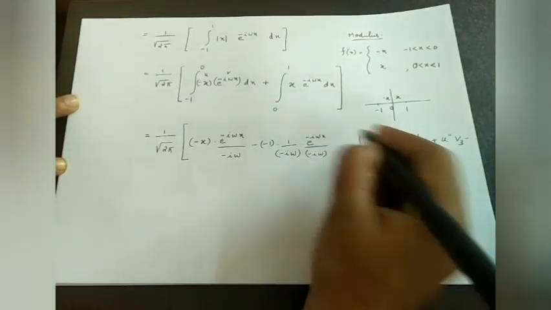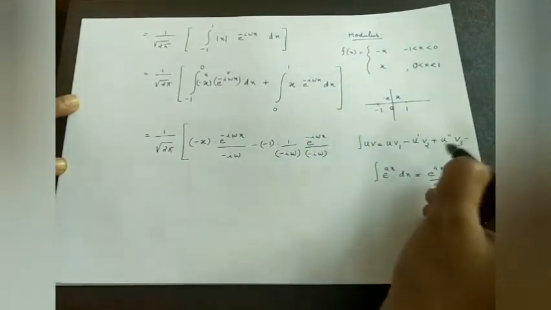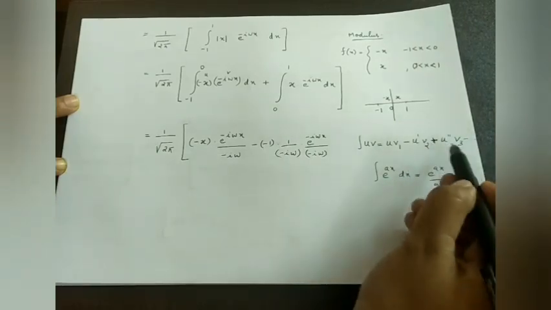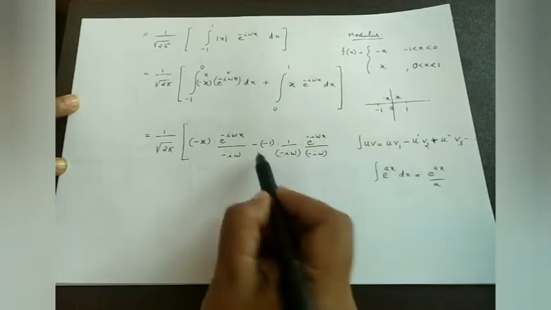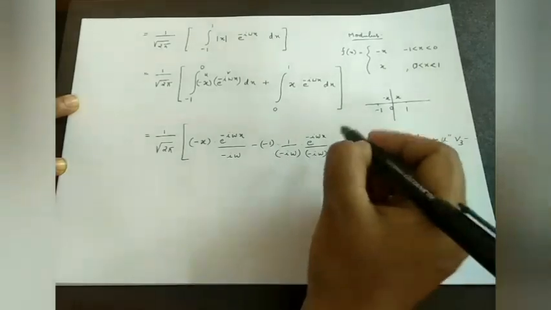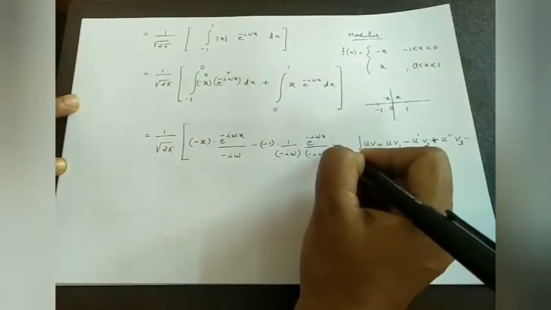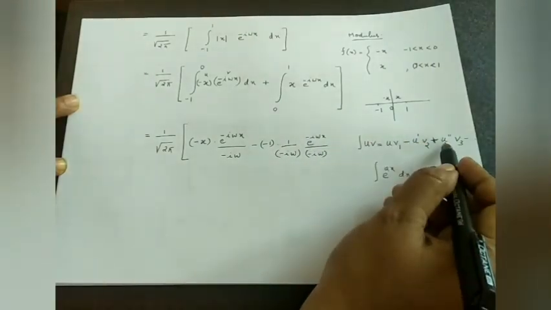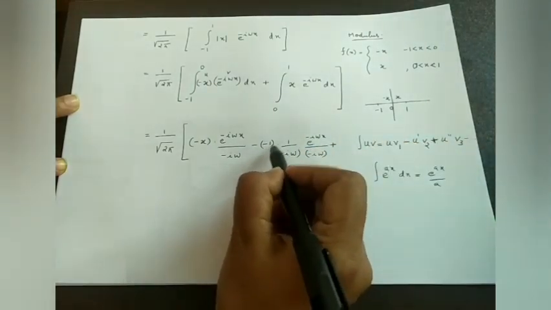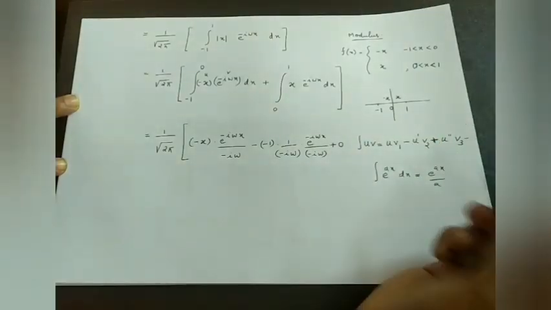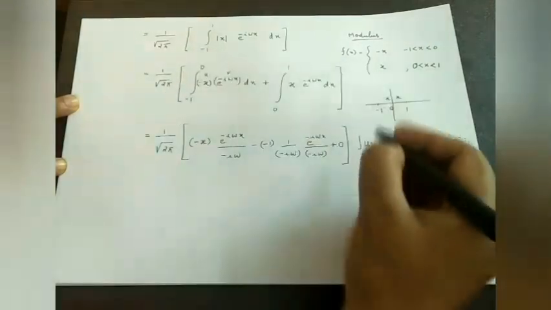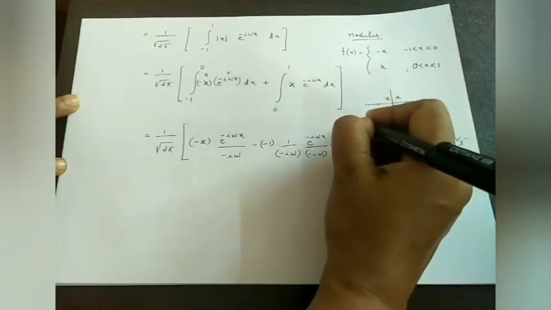Okay. Now plus, third term is plus derivative of u dash, derivative of minus 1. Derivative of minus 1 is 0. Therefore, we can stop here. I am not writing the third term because it becomes 0. Plus derivative of this minus 1 is 0. Okay. Therefore, we can stop, now limit from minus 1 to 0.